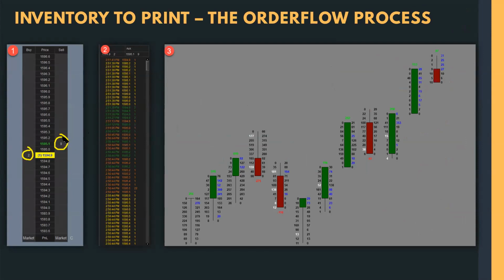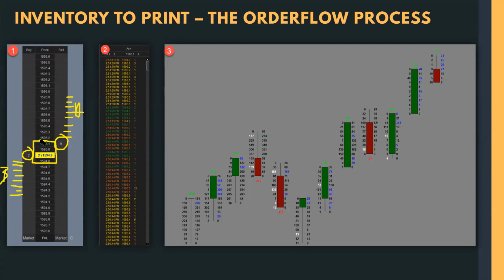If I had level 2 data, I would have 9 more numbers sitting here above me, and 9 more numbers sitting here below me, okay? And the concept of this is that it tells me depth of market. That tells me all the sellers up here at the asking prices and all the buyers down here at the bidding prices. And what ends up happening is when the inside bid and offer get executed,